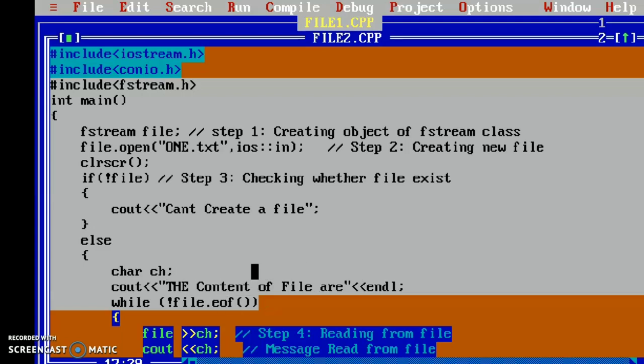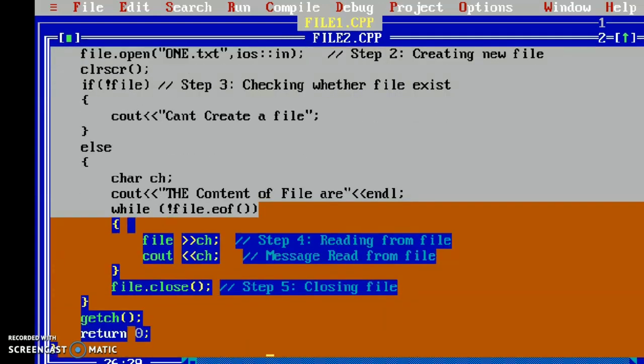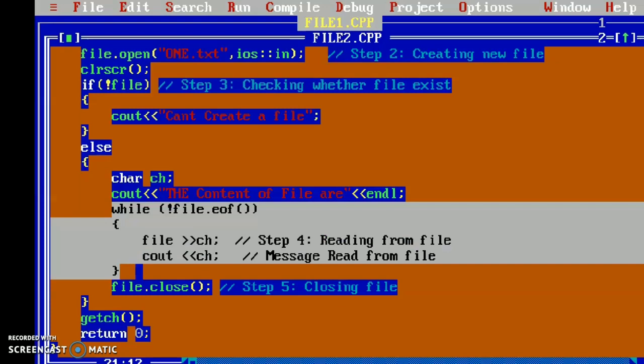Then the printout statement, the content of the file is. Here you have to check up to the end of the file, so we include the line not file dot eof, end of file. We are going to check up to the end of the file.